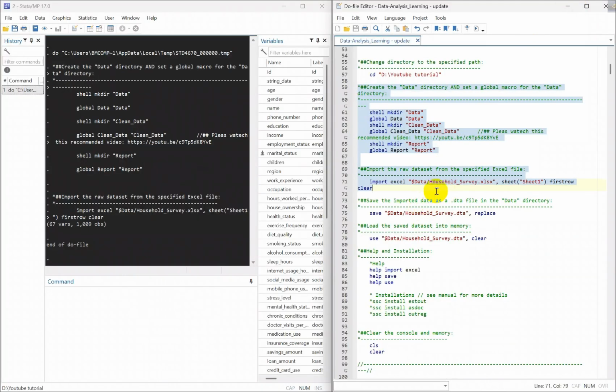The option specifies which Excel sheet to import. Here I have indicated that sheet 1 will be imported, and firstrow tells Stata to use the first row as variable names. The clear option removes existing data from memory